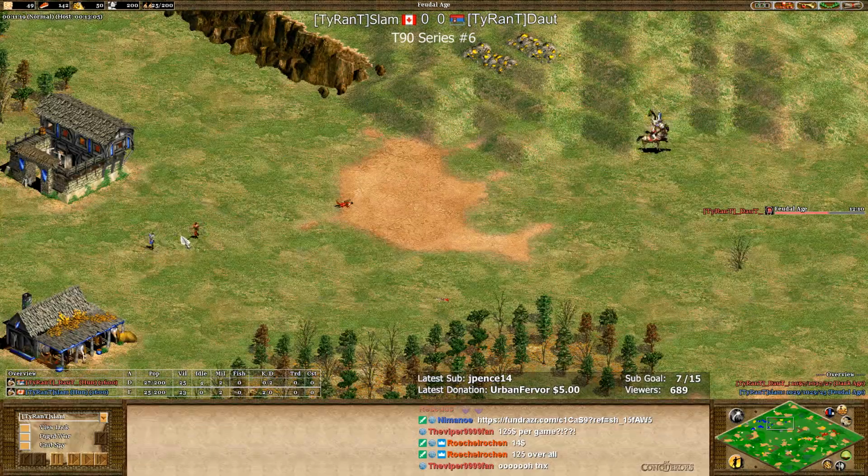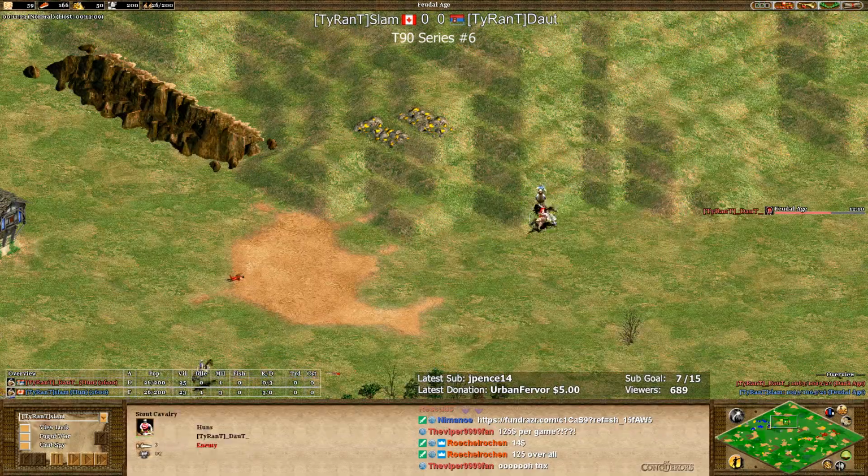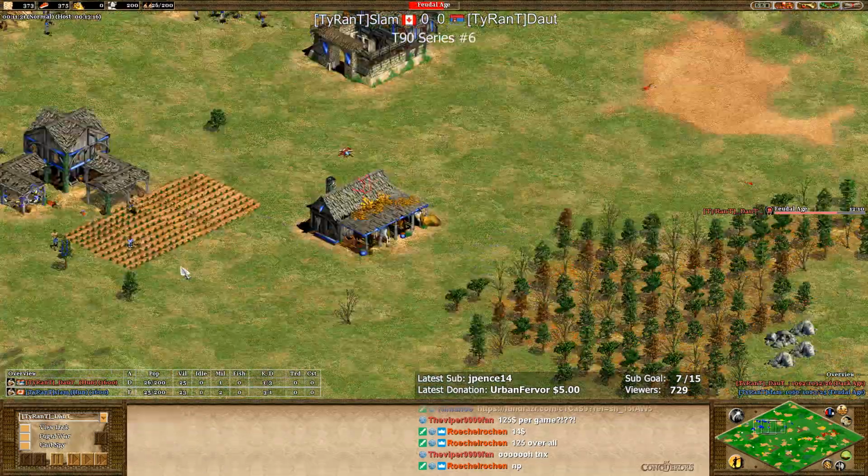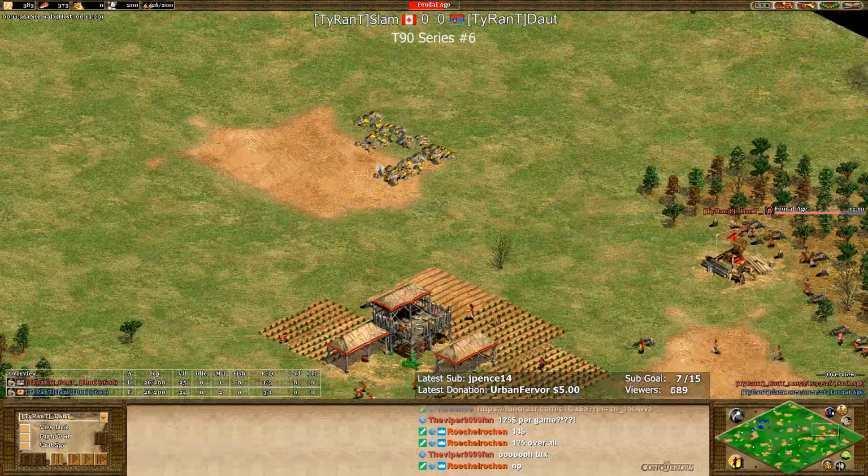Going to kill the scout. He's probably going to kill this militia already. Pretty good stuff from Slam. So he has the food. He'll start tossing up more farms. Meanwhile, we have to look at Daut. And Daut...